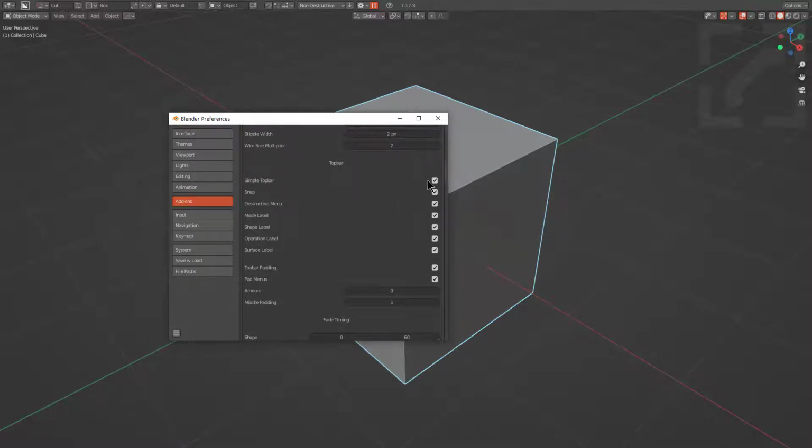So the first one I want to talk about is the simple toggle. A while back, at the very beginning, we were making Box Cutter in this similar form. However, it began to get a little bit expansive, so we wanted to come up with a simpler form for people that were more acquainted with the mouse and hotkeys and really didn't need a top bar that was so large and expansive. There's toggles also for removing snap, removing the destructive menu, removing the mode label, the shape label,